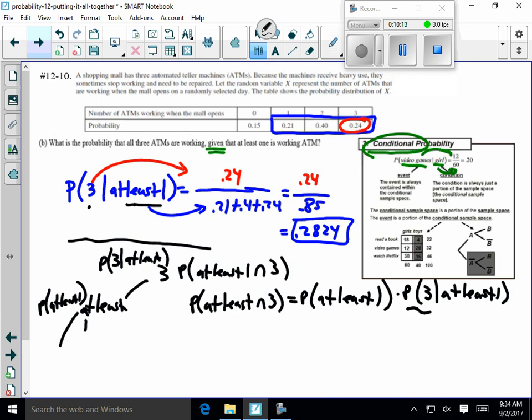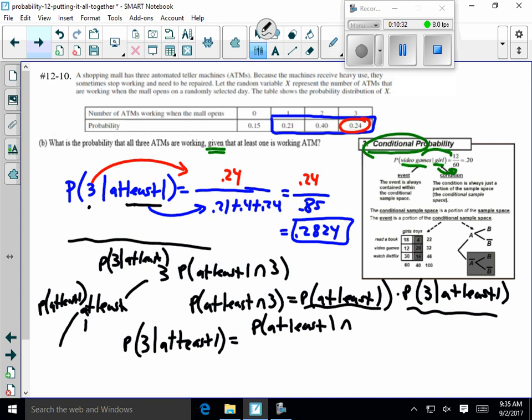Okay, so if I solved that for the conditional probability I'm trying to find here, that would be the probability of 3 given at least 1 works, which is what I'm trying to find. That's going to be, if I divide both sides by the probability of at least 1, the probability of at least 1 and 3 divided by the probability of at least 1,